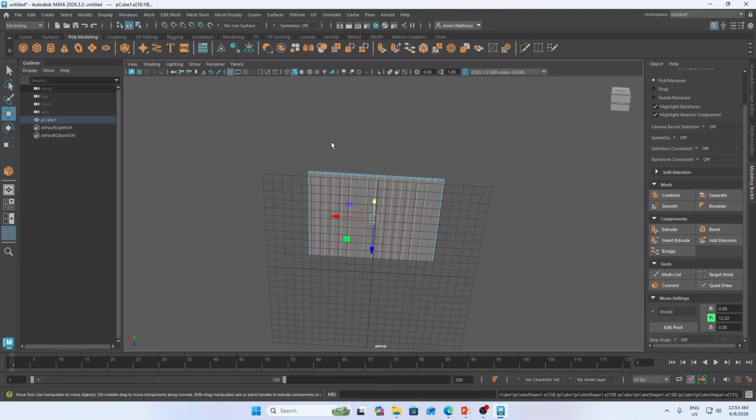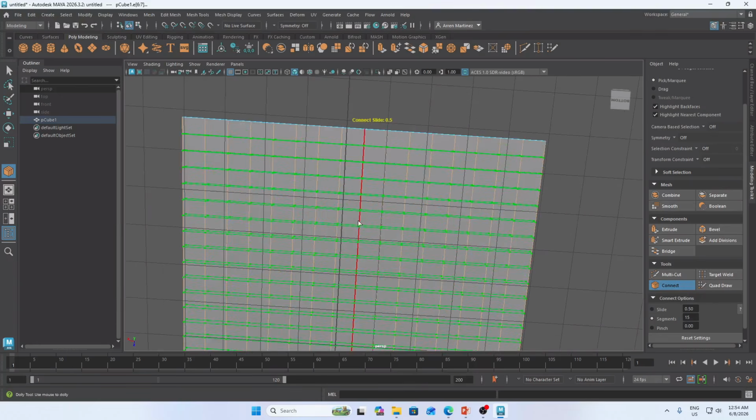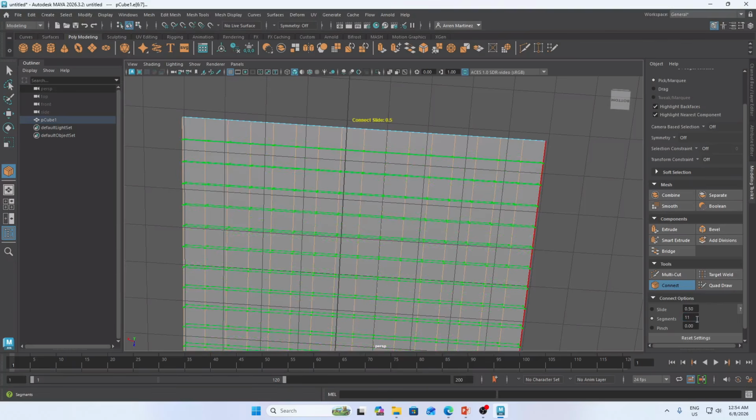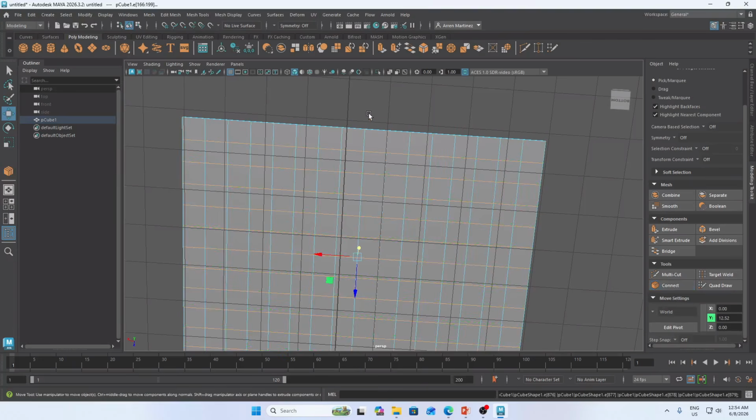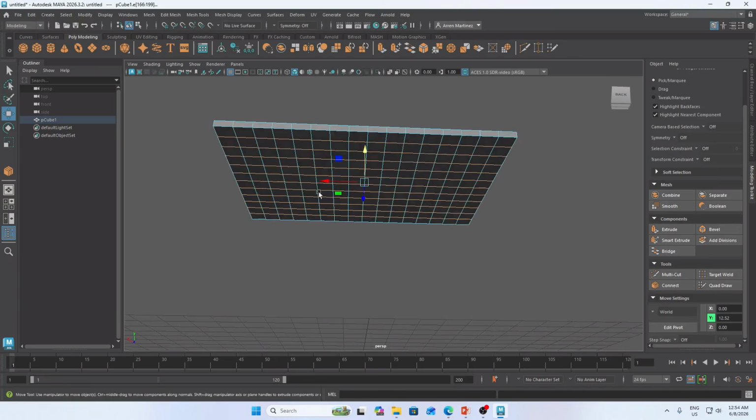Okay, go again into edge selection, drag horizontally, and then click connect, and just make it like a square one. Move your cursor into the viewport, press enter. Okay, and by the power of face selection, you can highlight two or more.